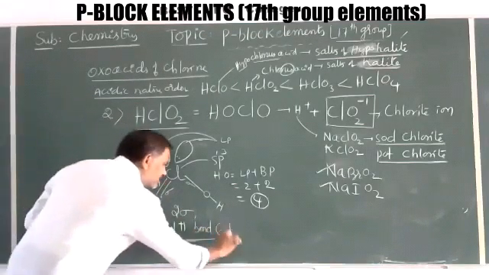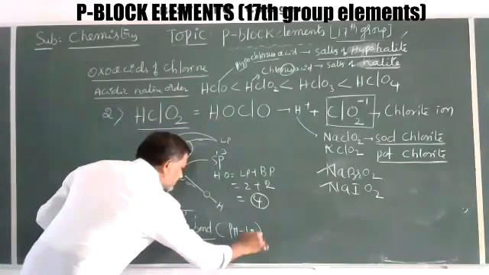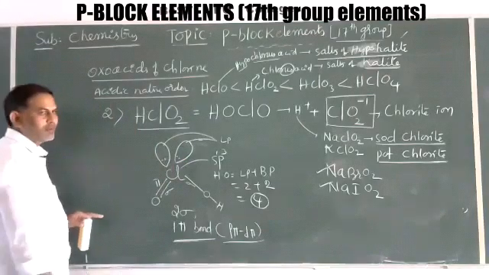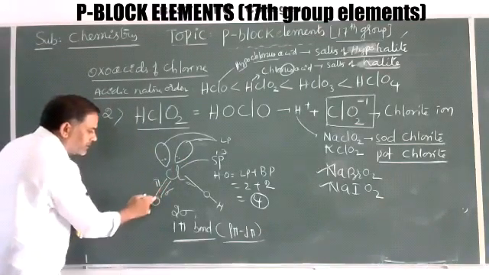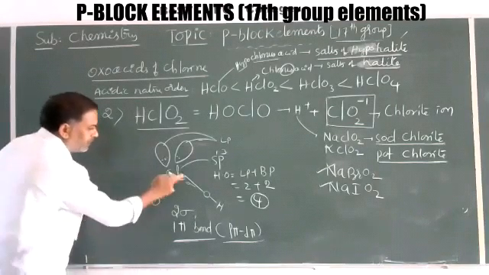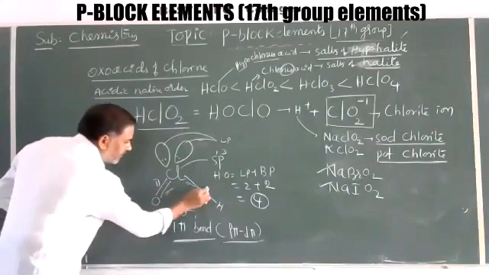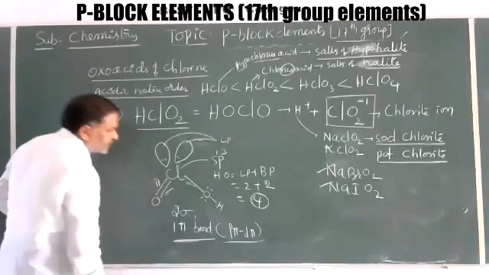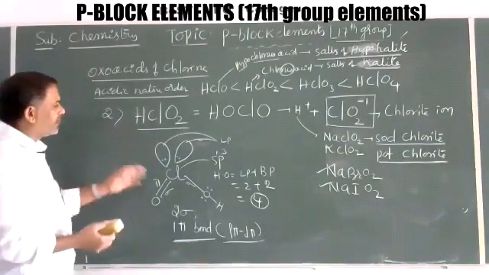That's why that pi bond is a p pi-d pi bond. Here one pair is donated, forming a coordinate covalent bond. Sorry, one pi bond. Here one unpaired electron is bonded with the oxygen atom. On the oxygen atom, again there are two lone pairs. This is the structure and hybridization of this